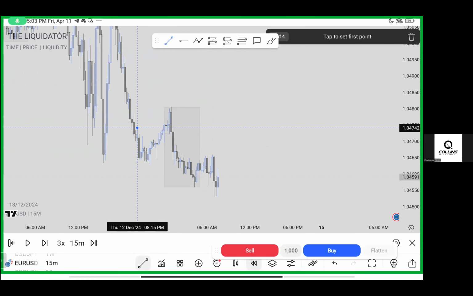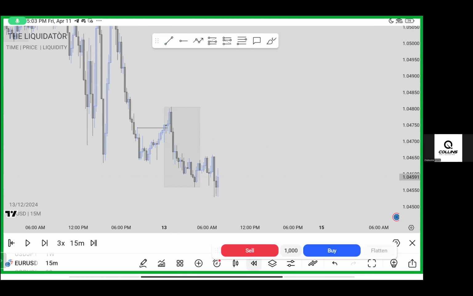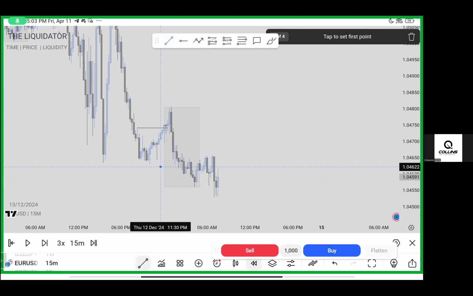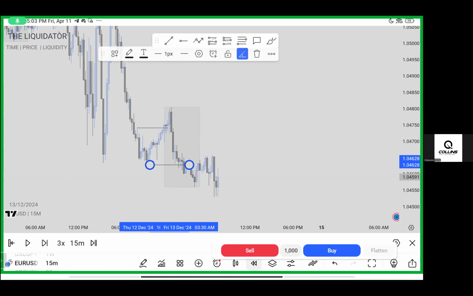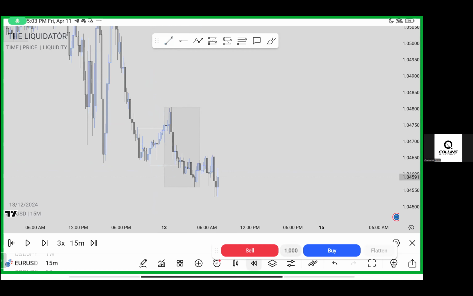We see a stop hunt here. And we saw a break of structure to the downside right here. So it looks like Asia created a strong high. But let's check on the 4-hour time frame. Is there any 4-hour order block for Asia? So now let's go to the 4-hour time frame.